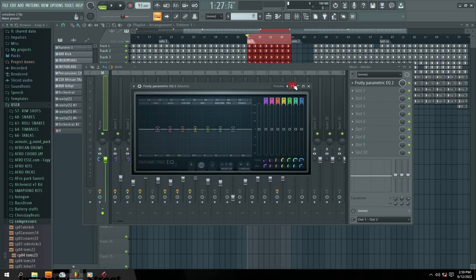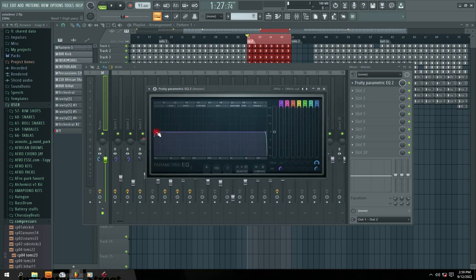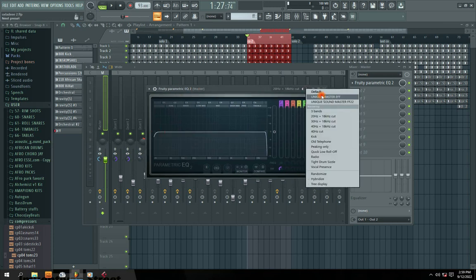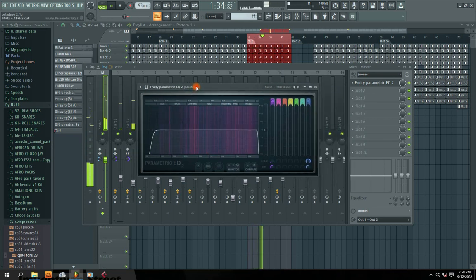First, just right click here, then go to this frequency cut. You can see 20 to 18 hertz cut. Use it like this. Usually you can also experiment with a 30 hertz or 40 hertz cut. So now that we have applied our equalizer to remove some of these frequencies,